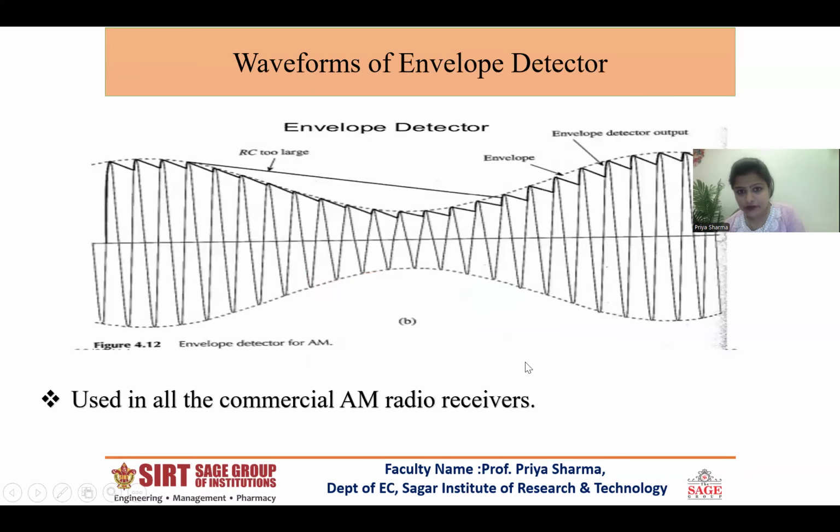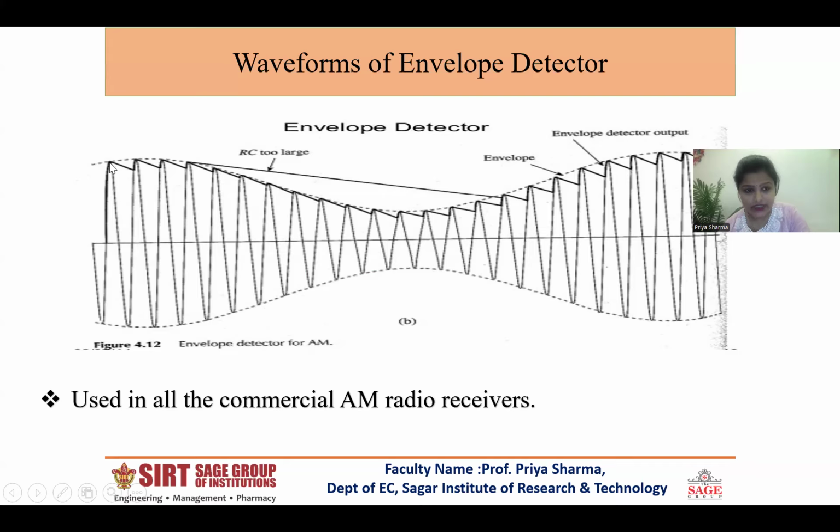Basically, looking at the waveform will teach you more. See, this is our message signal. This envelope is our message signal. This dotted line is our message signal envelope, which is known as the envelope. This is the high frequency carrier signal. The input output waveforms for the envelope detector show the charging and the discharging of the capacitor. When the input signal is applied, it first charges the capacitor through the diode.